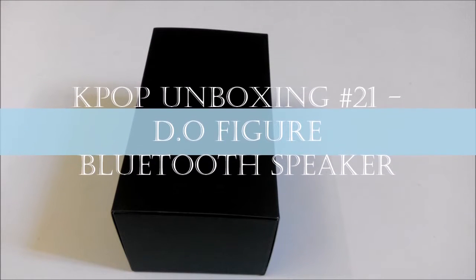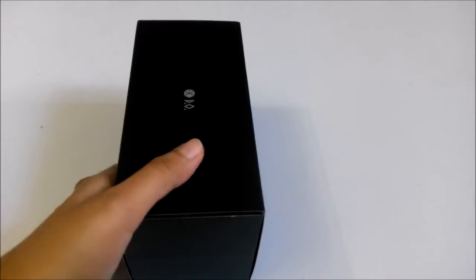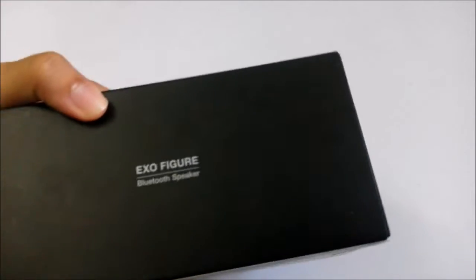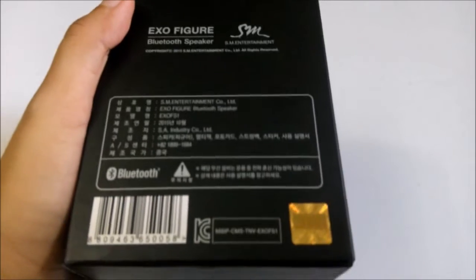Hi guys, so I received my Bluetooth figure speaker. So here it is. It comes with a black box. So here's the frame, and this side it says here action figure Bluetooth speaker, and this side here it has the O's name written on it since I purchased the O speaker, and then the back side it comes with